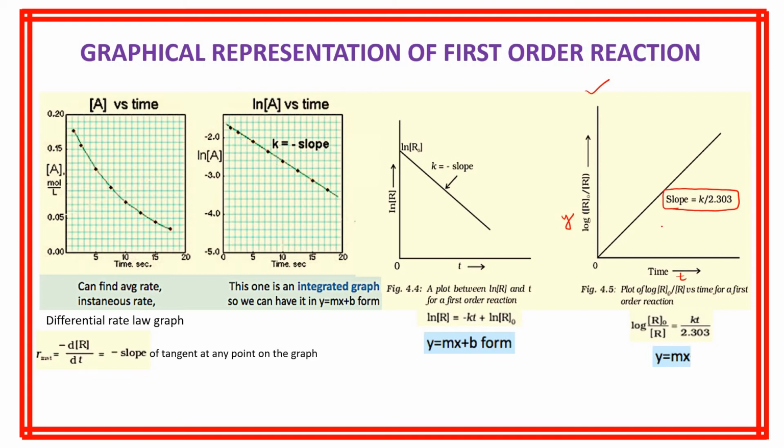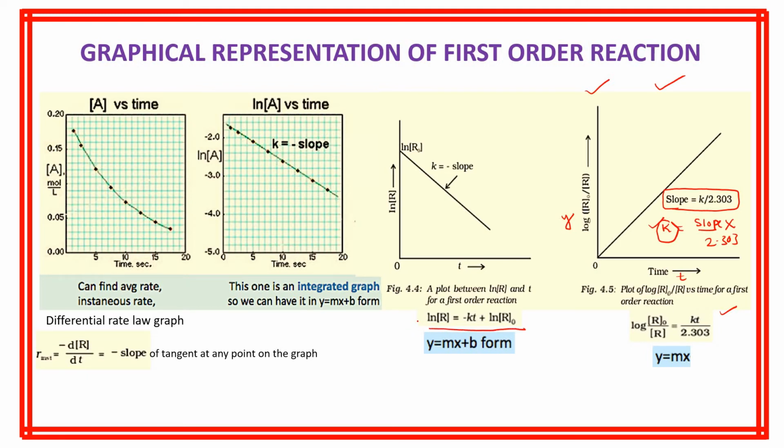Now based upon this graph, what we can calculate? k is equal to slope into 2.303 here. If the slope value is given, we can calculate the rate constant by just substituting the slope here, isn't it? We get the rate constant. This graph is very, very important. You need to draw a graph like this. Now you take one more graph here, isn't it? For what? This expression.